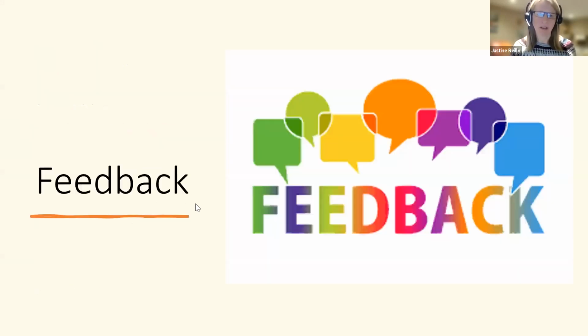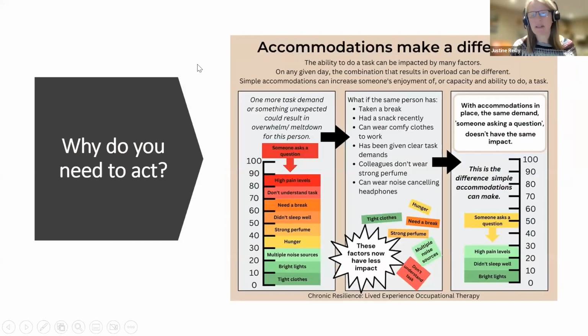So, in terms of the accommodations, and why you need to act and where you pick this up from, the reason we put accommodations in and why they make such a difference is because they can make the difference between an individual being able to take part in what you're delivering and just not being able to participate at all. And I really like this screen from Chronic Resilience, which talks about why that is the case. So often we just see that I've asked this question and they've been unable to participate, and they've disappeared,